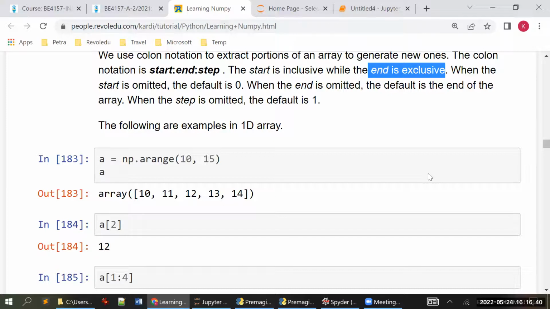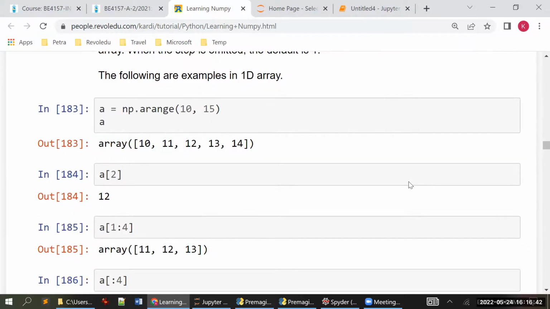Clear? Okay. So then you said, okay, A2. What does A2 mean? This is A0, A1, A2, so 12. Okay. Now,